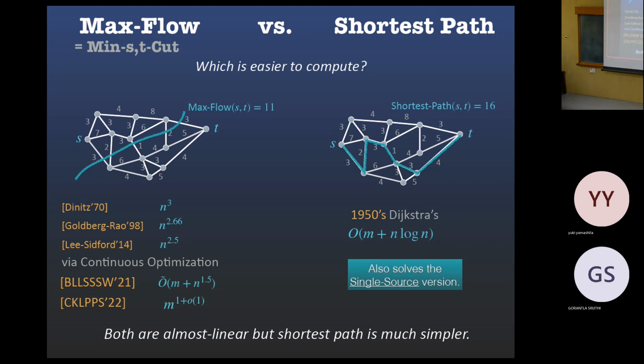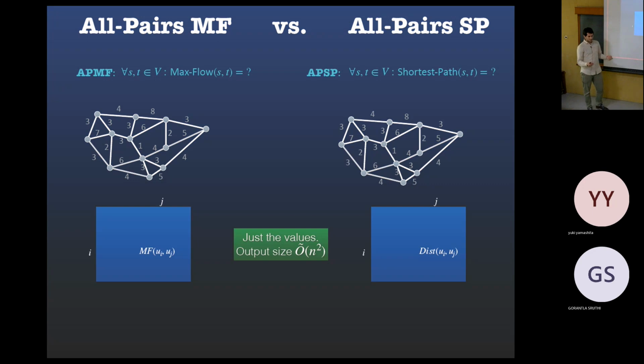When you run Dijkstra's algorithm, you don't just get the ST distance, you get the single-source distance at the same cost, so from S to all the targets. And here it's not so clear, right? You run this algorithm, you just get one pair. If you want to know another pair, you have to run it again and again. So if you look at the more general all-pairs problem, maybe you would hope to get some separation.